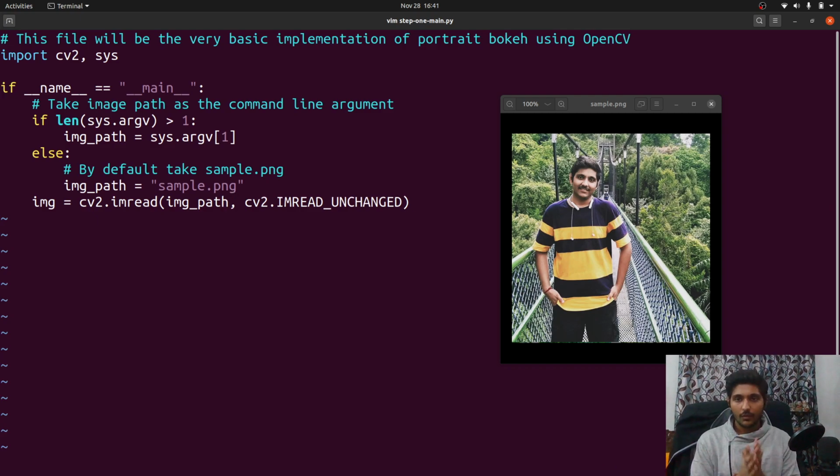Right. So this is what I'm doing here. I'm taking the first argument after my python3 step1 main.py command. After that, whatever the path given, I'll take that as the image path and I'll try to read that image.